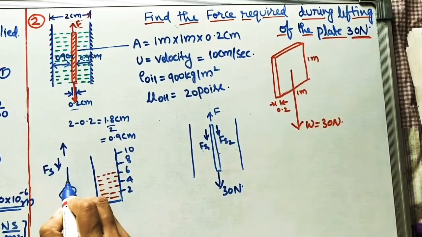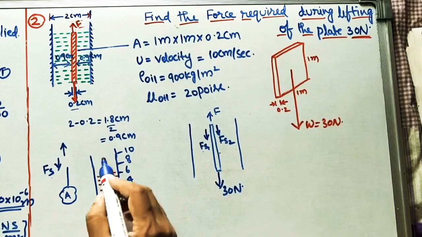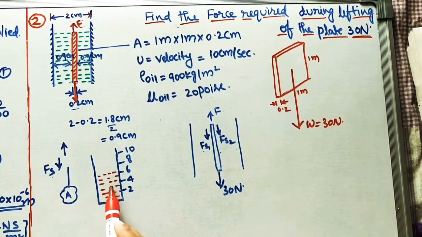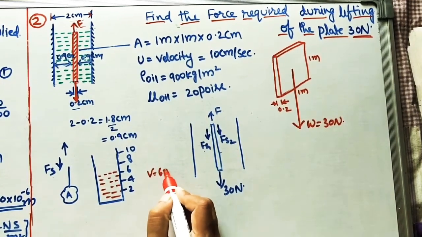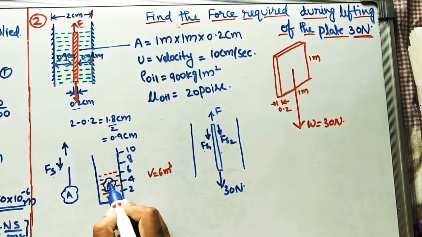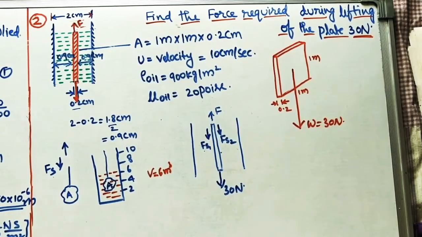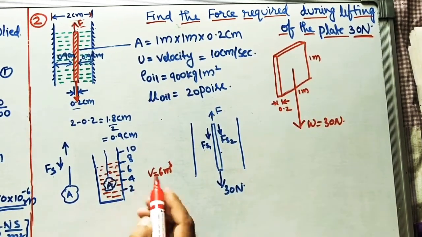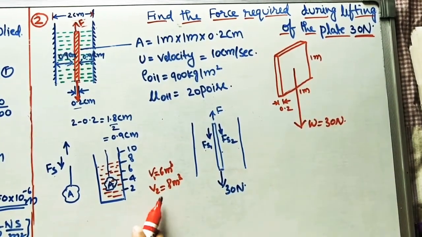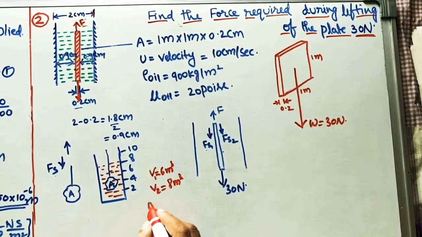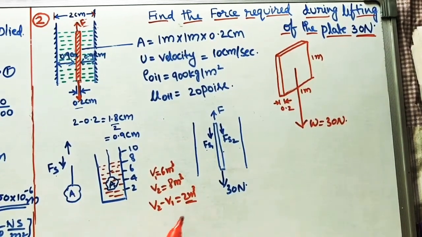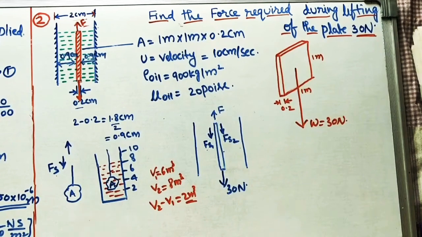So first keep one thread here and keep the object in this liquid, whatever liquid is given. Initially, before keeping it in, the volume is 6 meter cube. Now after keeping object A inside, let us assume the level will increase, and it is coming to 8 meter cube. The liquid volume is now 8 meter cube. So what is the difference between the initial position and the final position? V2 minus V1 is 2 meter cube. 8 minus 6, it is 2. So this 2 meter cube will indicate the volume of object A.